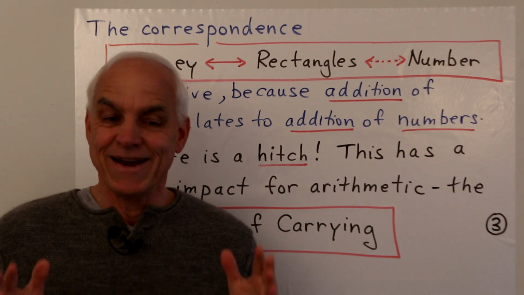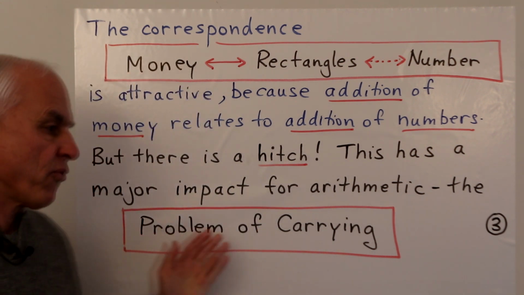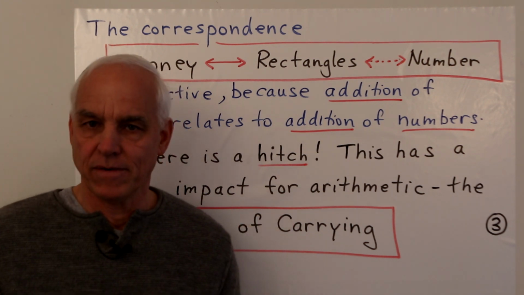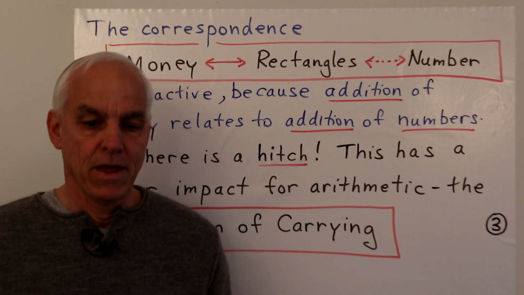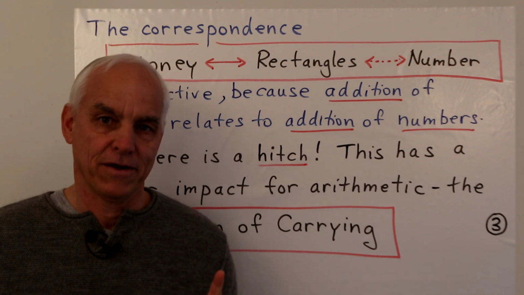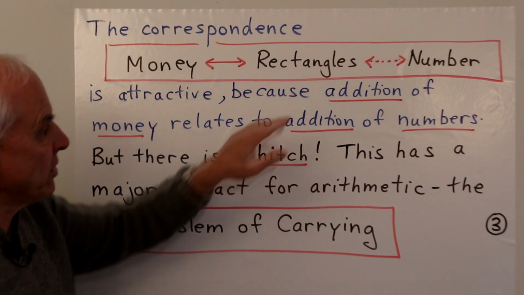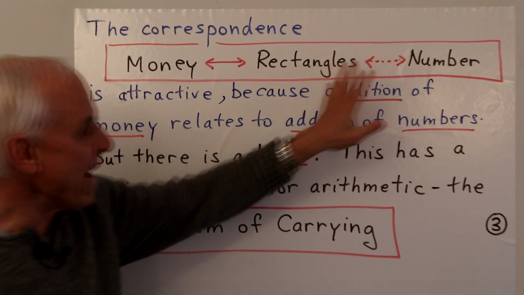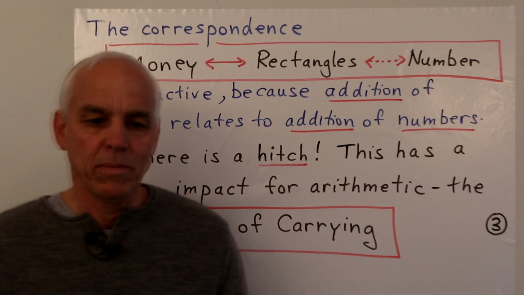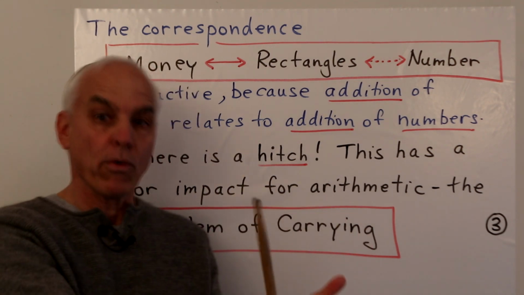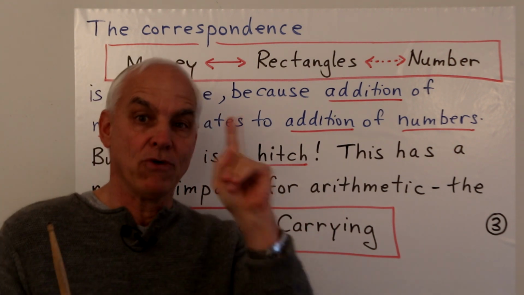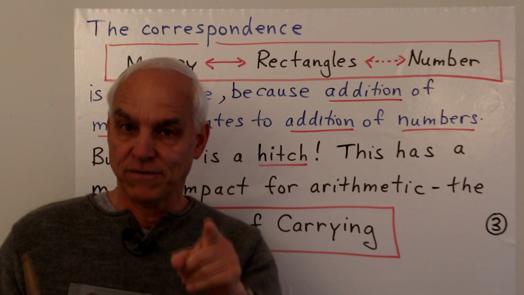And it's closely connected to a fundamental problem which actually pervades a lot of primary school arithmetic, which I call the problem of carrying. The problem of carrying. Okay? That's closely connected to this slight ambiguity or hitch that's involved here. And understanding this story will be critical to be able to move forward into a new light, into a new understanding, a better appreciation of how to really do arithmetic effectively.